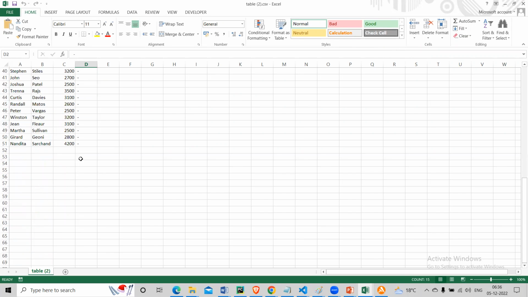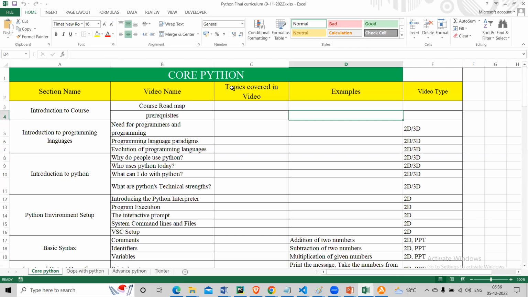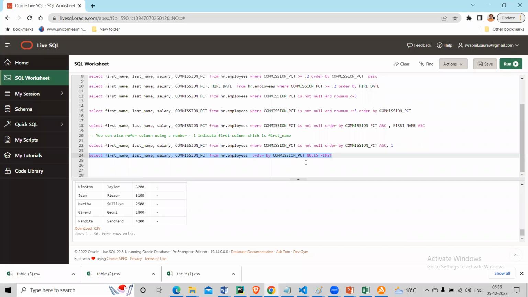See, here it also downloads only 51, right? So it's showing you only the first 50. But it actually first displays your nulls and then it displays your other values. So let me do something like this. From HR employees where